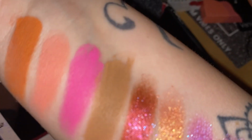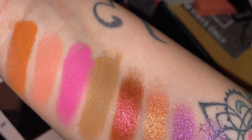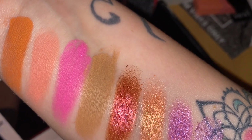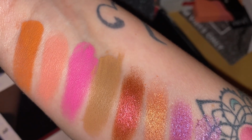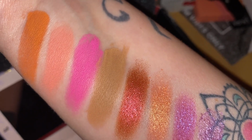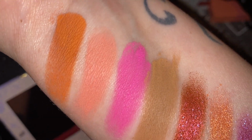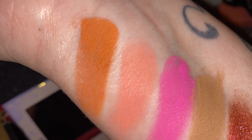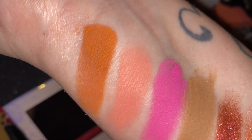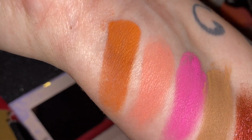I probably won't be using that pink shade that often. I'm just not into pinks when it comes to my makeup. I don't think it's the best color for me, at least not this shade of pink, not this hot pink. But I do like peaches, so I do like this shade in the middle there. And that burnt orange, almost like a mixture of burnt orange and mustard color, is so beautiful,